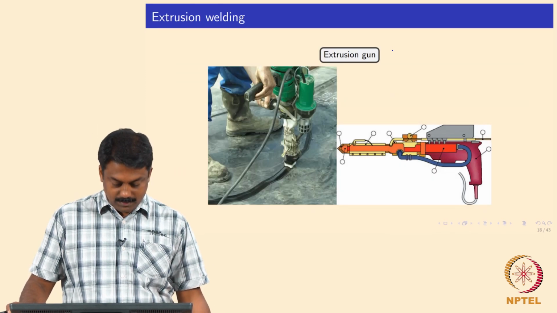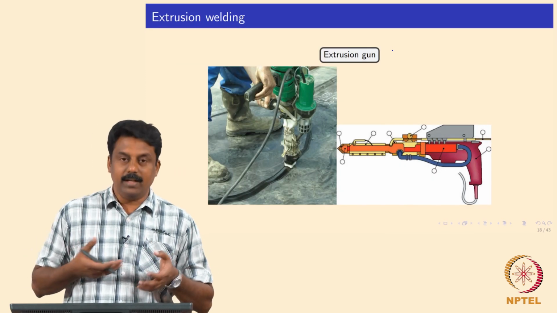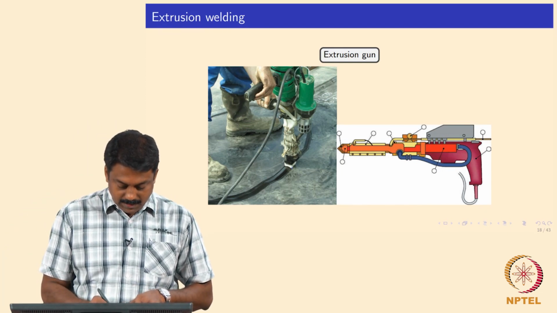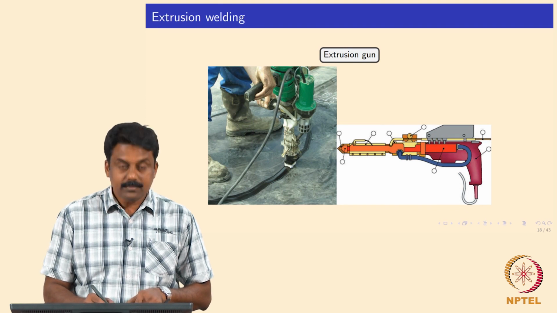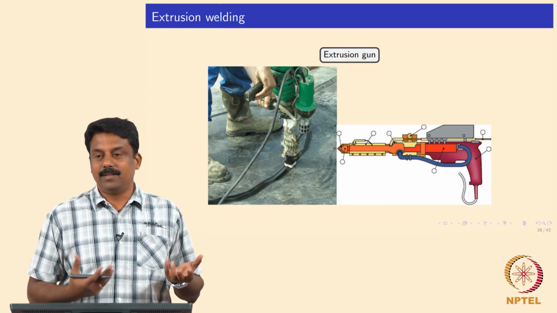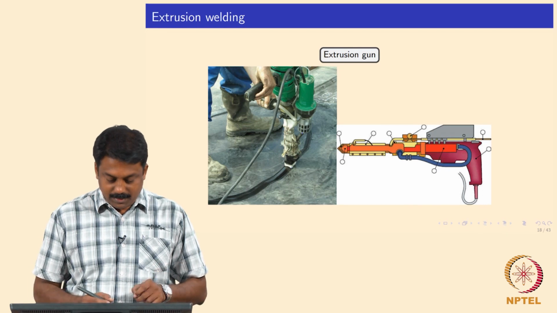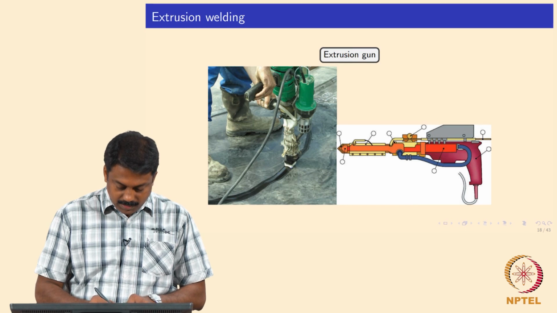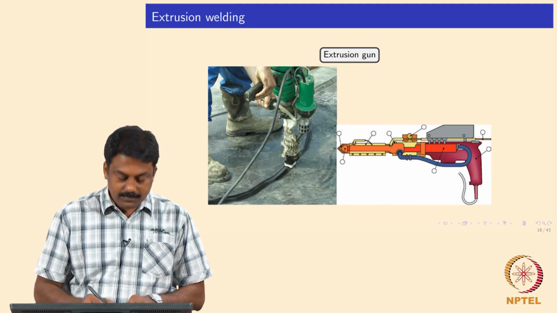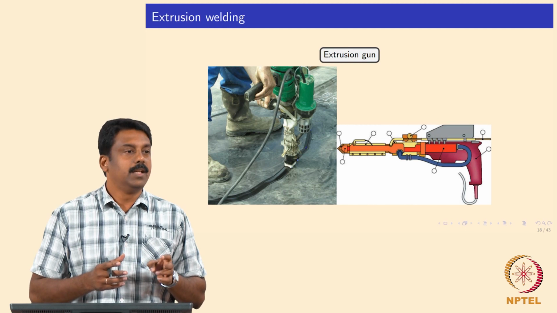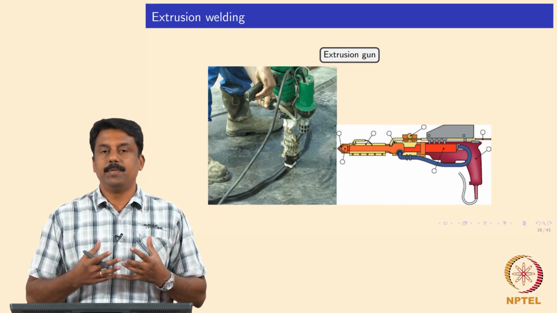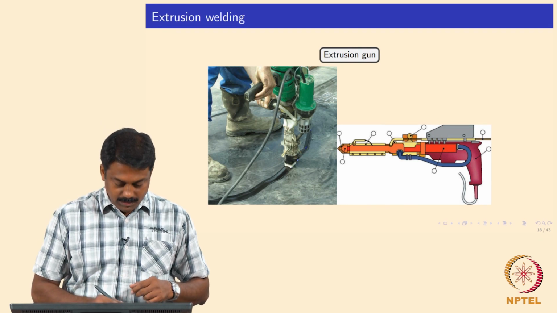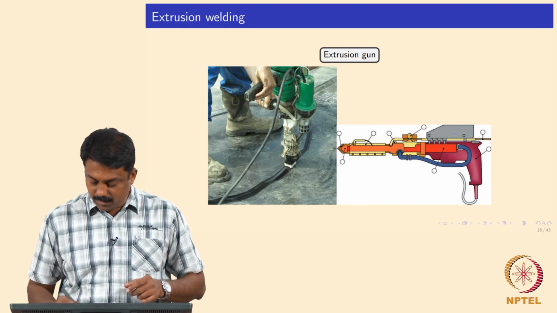Okay, so something like this, you have an extrusion gun, and this is a thermoplastic. You will have a gun which is really heavy, about 12 to 15 kilograms or so, and these are the parts, and you add the filler extrusion material, and it is extruded and then deposited along the weld joint. So thicker section welds are possible because more volume of material can be extruded to the joint using a simple gun. Okay, so the gun looks like this.